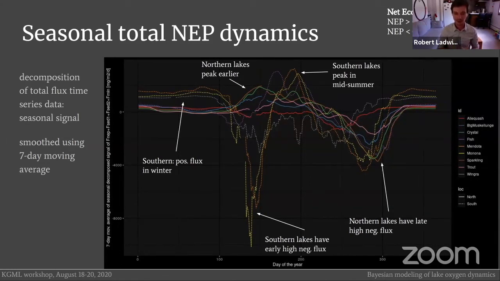At about day 150, we have a huge negative flux in the southern lake, so they are emitting carbon into the environment. And this is like in late spring, early summer. And then if you go to summer, first the northern lakes peak and then the southern lakes peak, so they are then storing carbon. And at the end in fall, all these lakes have a negative flux again. But still you can see these lakes are really different to each other, which is due to the catchment and also the lake type. So this was one of the early interesting findings we got for Wisconsin.